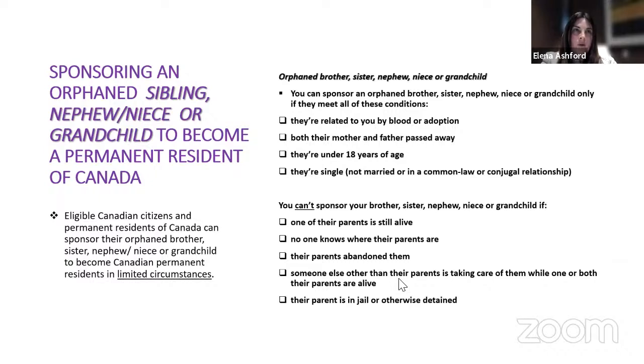I get many calls from Canadian citizens and permanent residents about sponsoring their siblings. Here you have to look into temporary pathways for them to come to Canada. So one that comes to mind, the most obvious, is to study, right? So your sibling can apply to get enrolled into college or university. Applying for study permits